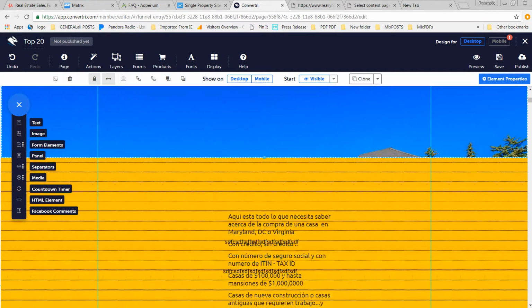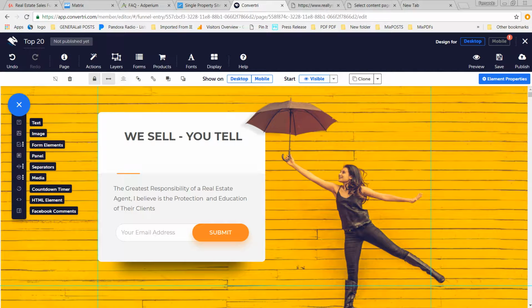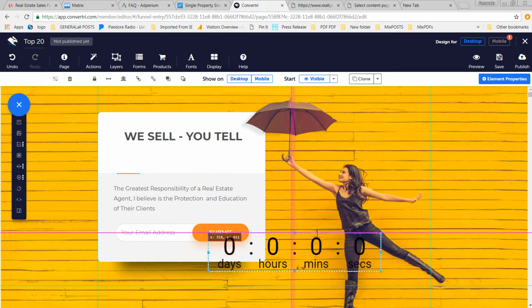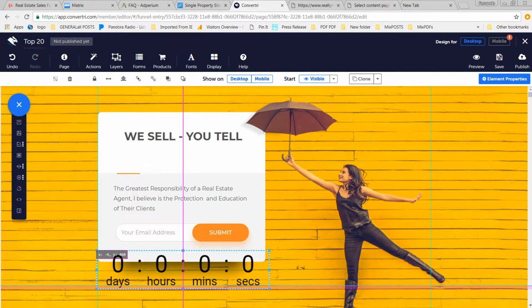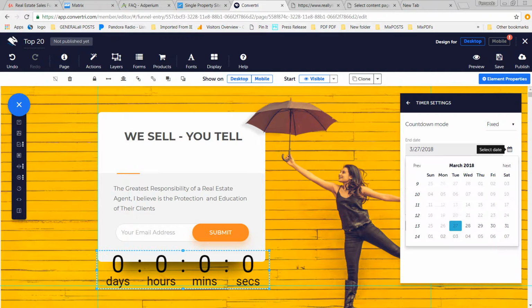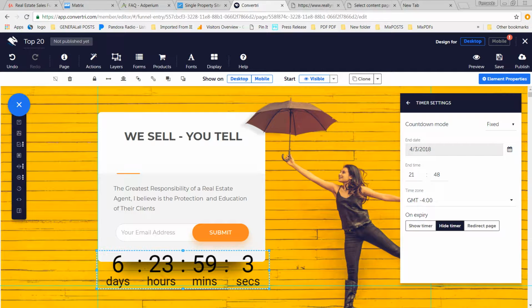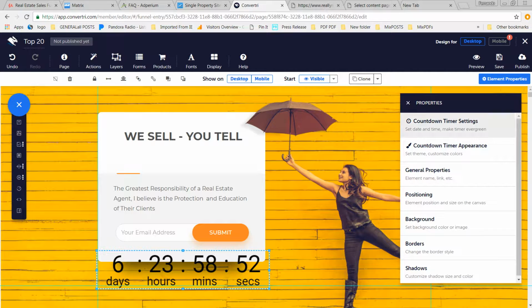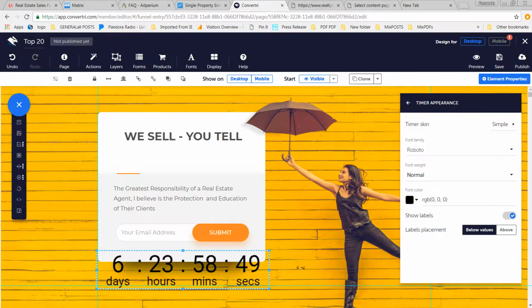So let's look at some other things that we can do with this. The countdown timer is also something that we use a lot. I like the countdown timer because you can put an open house, it could be coming soon. And I like it because you can change as much as you want. You can change the date. Let's say you can do it for next week, 7 days from now. You can tell it that once it expires, you need to hide the timer, so you can have it that way. The other part is the timer appearance,